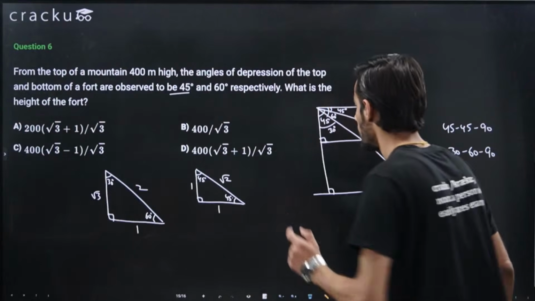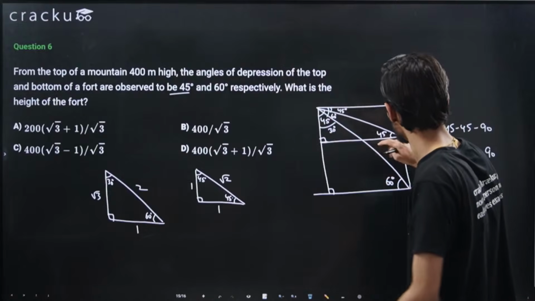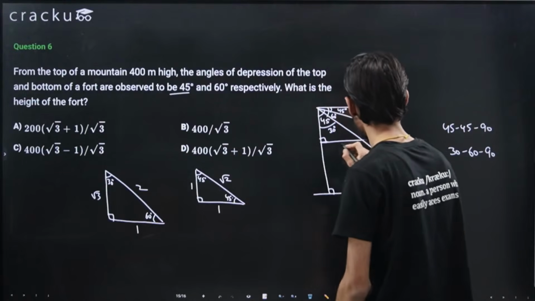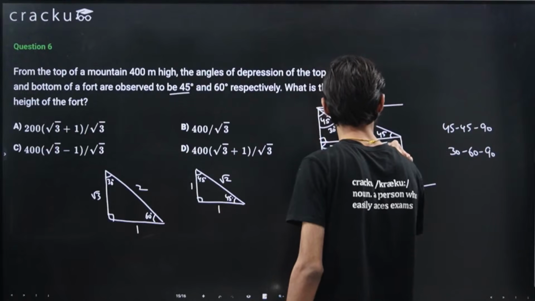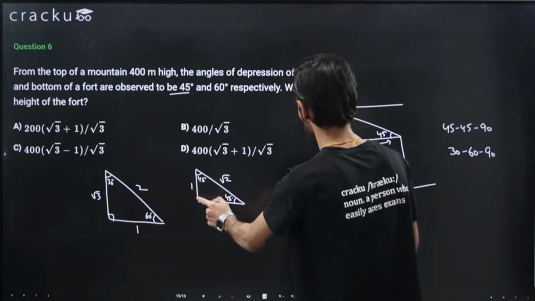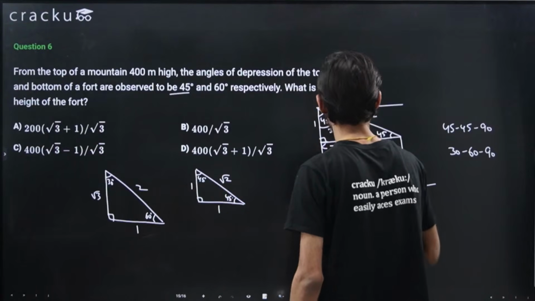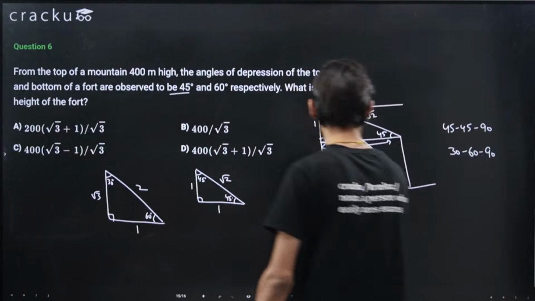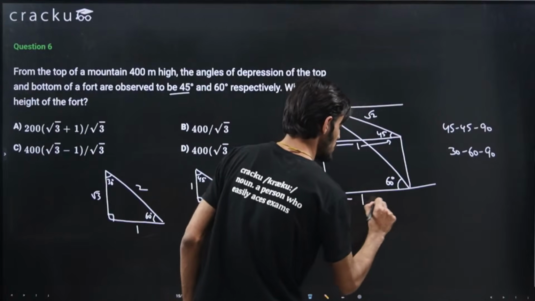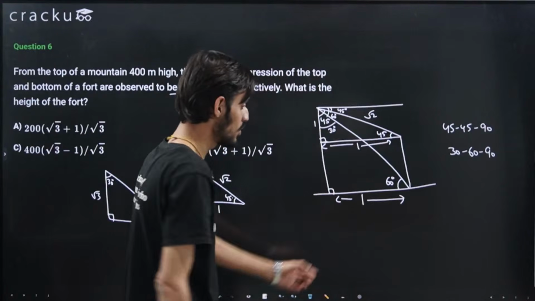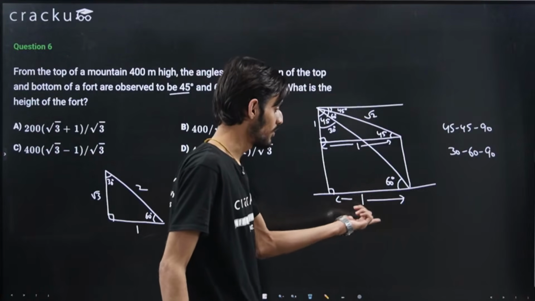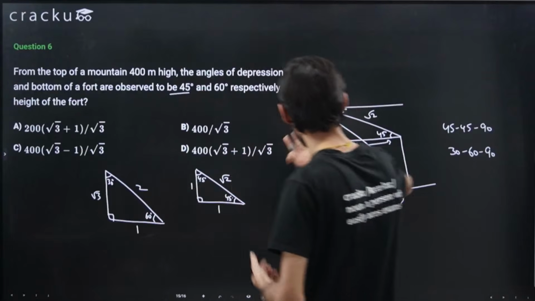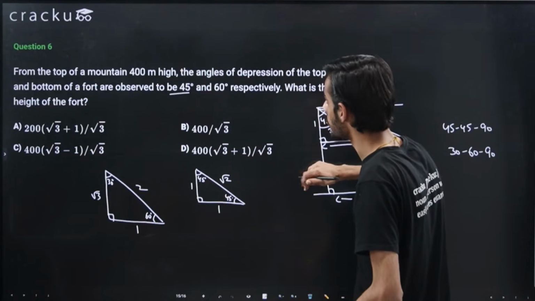From this, we are able to figure out that in this particular triangle, 45 was here, so this complete angle was 45. If this particular side is 1, then this side will be 1 and this side will be root 2. From this other triangle, if this side is 1, because the ratios are already such that this value is also coming out to be 1, we need not multiply to change the ratios. So if this is 1, then this value is root 3. So this complete height of the mountain is root 3.